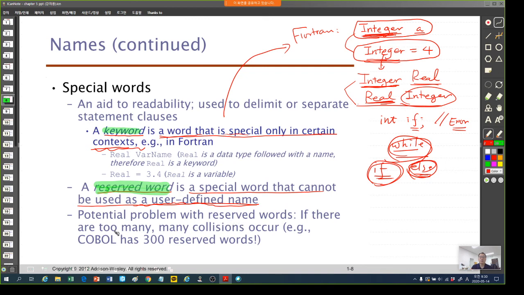If the language has too many reserved words, for example, COBOL has 300 reserved words. What about Java? Java는 대략 저도 개수는 모르겠어요. What about C? How many reserved words? I think 40 or 50, right? I don't know. I didn't count, but almost around 50. However, COBOL has 300 reserved words. That means you cannot use 300 words as a variable name. For example, in COBOL, length